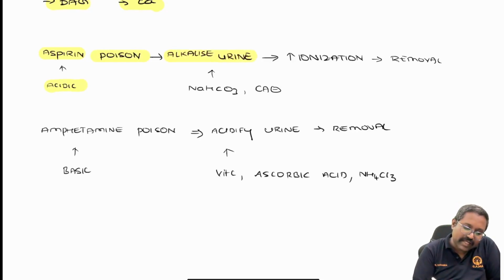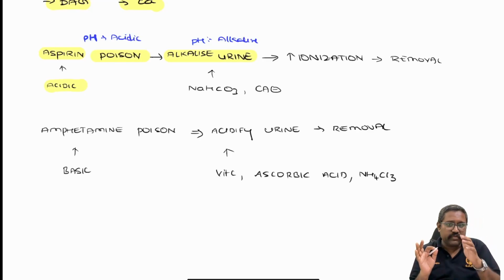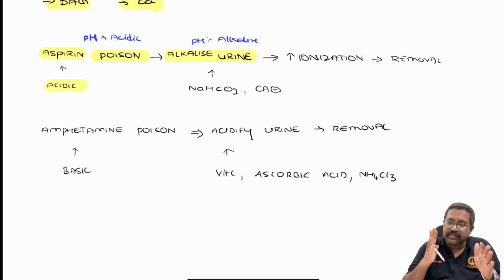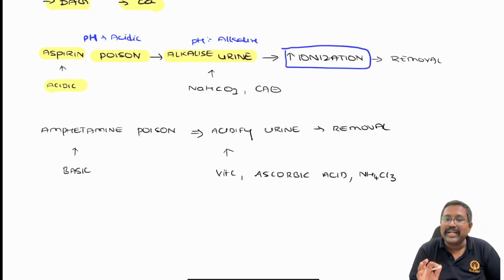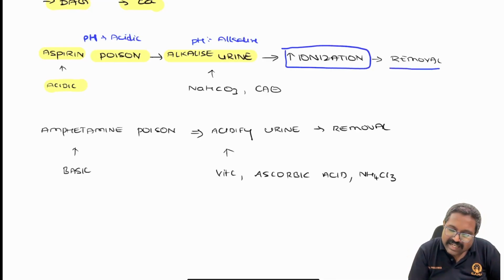What will happen once you alkalinize the urine? Here the pH is acidic. If you alkalinize the urine, the pH will be alkaline. So what is the concept we discussed earlier? If the pH of the drug and the pH of the medium are the same, there will be absorption. If the pH of the drug is acidic and the pH of the medium is basic, the drug will exist in the ionized form. There will be an increase in the ionized form, which is not available for absorption. So this will be easily removed